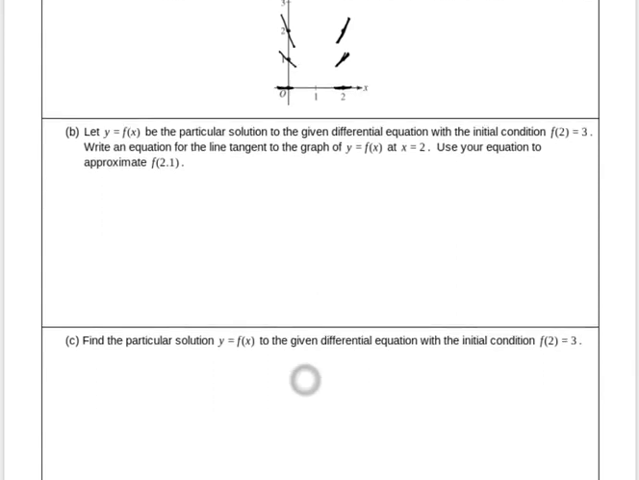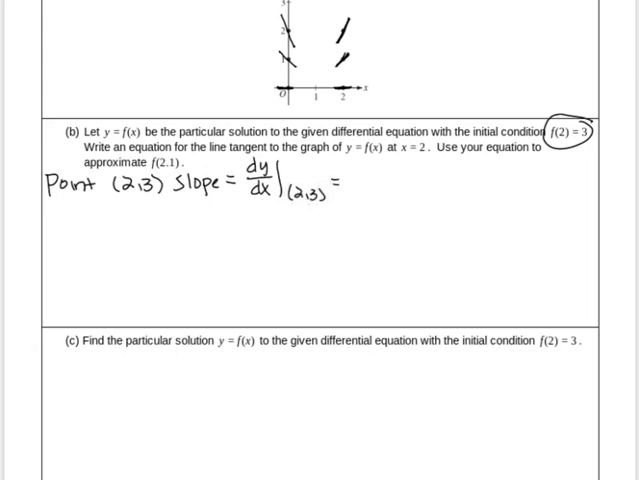For part B here, we are given this initial condition of 2, 3, and we want to write the equation of the tangent line and then use it to approximate. So for our tangent line, we know we're going to need a point, which we've got as 2, 3, and we're going to need the slope. And we know that the slope of the tangent line is just the derivative evaluated at that point. So we're going to do dy dx evaluated at the point 2, 3. So we would have 3 squared over 2 minus 1, so we would have a slope of 9,